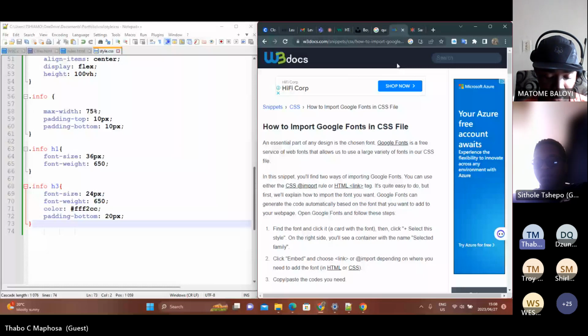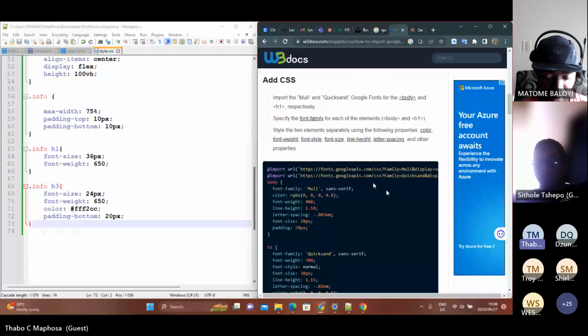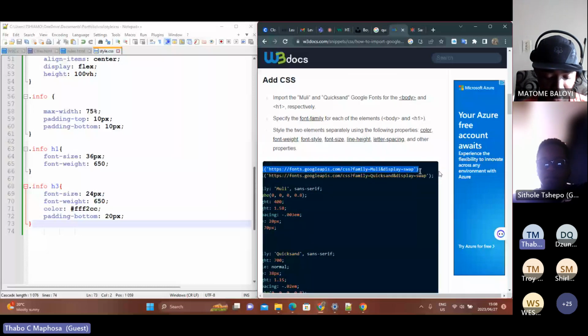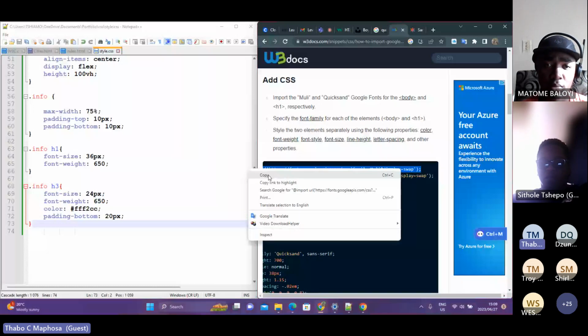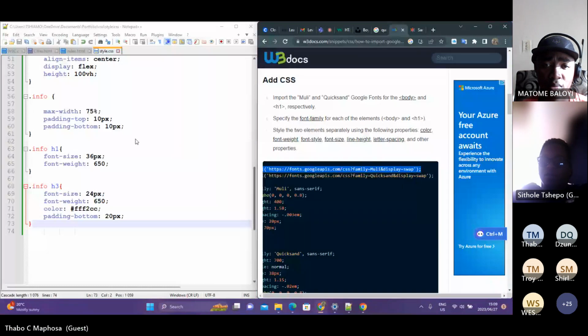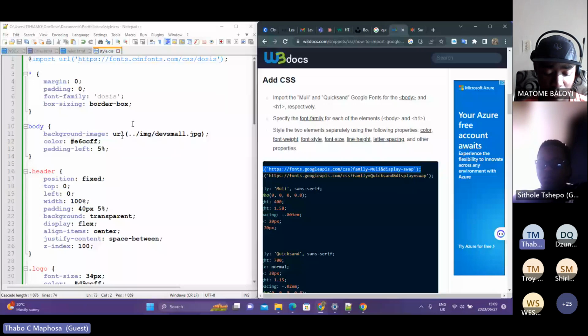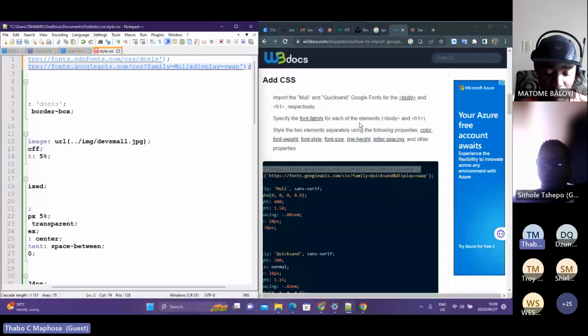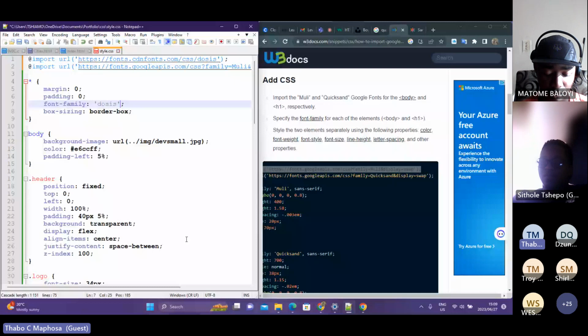Okay, seems like I can't. Let me just import some other font here. I don't know which one this one is. Family or Mali. Okay, let me copy that and import that also. And then here where it says, I'll also put Mali. I think Mali is